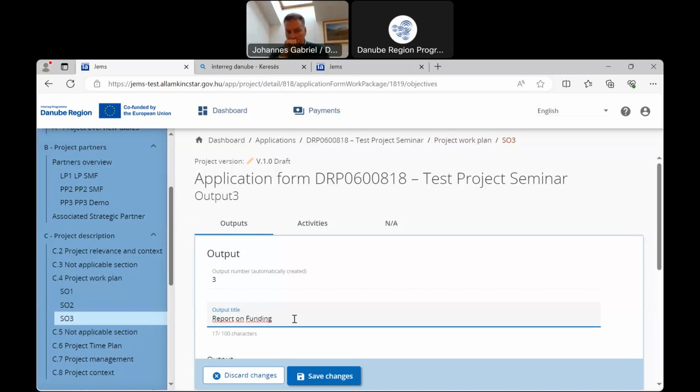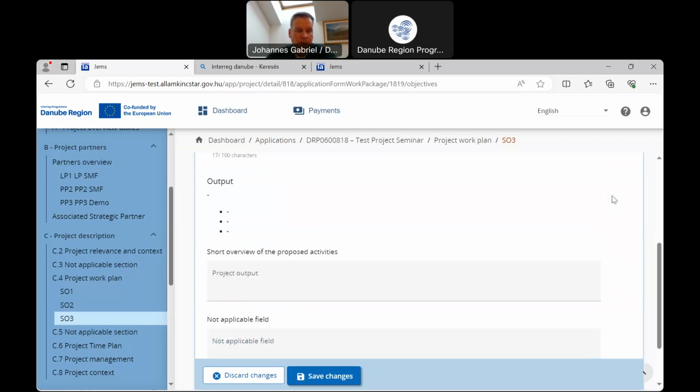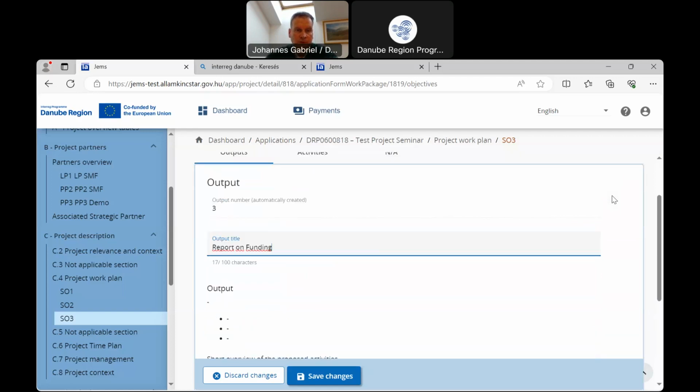And with that, excuse me, again, the reminder that the 3 compulsory outputs are all the 3 as a whole. They are compulsory. So if you would submit only 2, the project would not be funded. You see here that